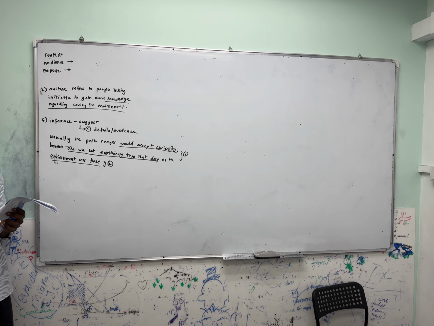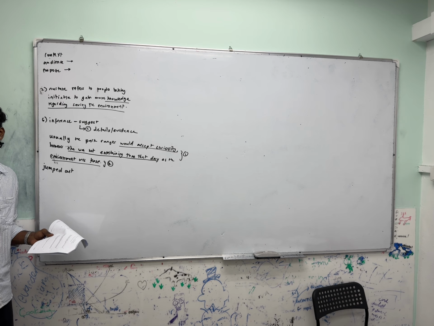So the first detail they gave you is what? Jumped out, right? So you must ask yourself, that's my formula, correct? You have to ask yourself why they use this word. So why did they just say jumped out instead of just saying they opened the jeep and just calmly walked out? What's the difference? One shows that they are excited or they are scared. That's the only reason they will be jumping out of the jeep instead of saying what? They open the door and come out. Correct? So there must be a meaning or reason why they use this exact phrase, and that can be either fear or excitement.